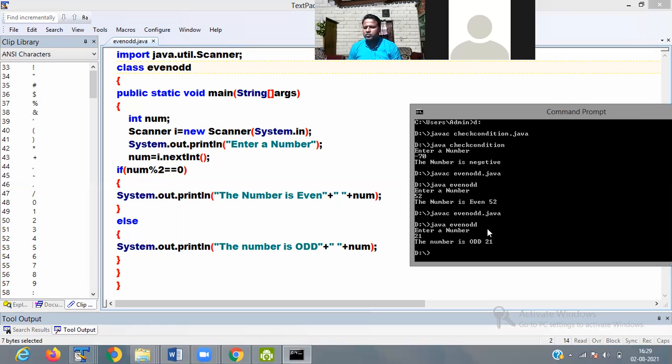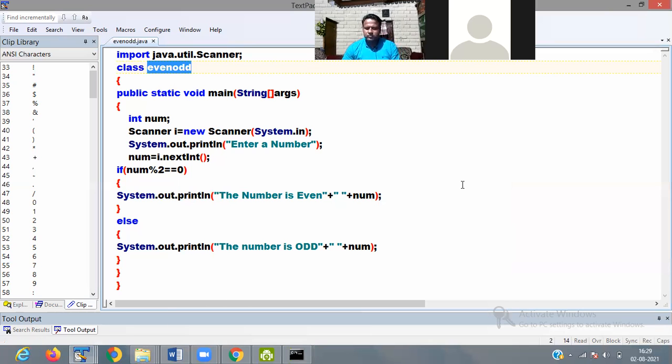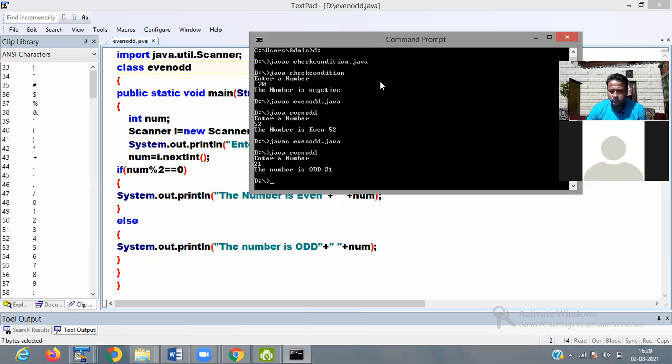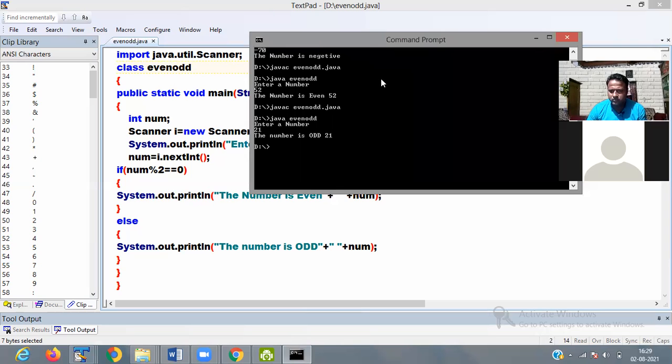So it shows the number is odd. 21 is odd. I pass a, now the number is odd.